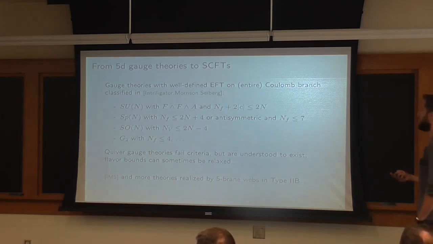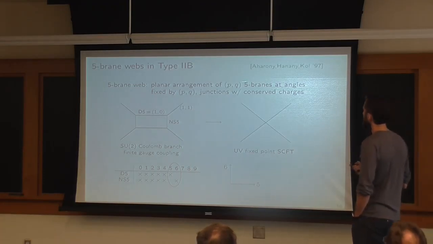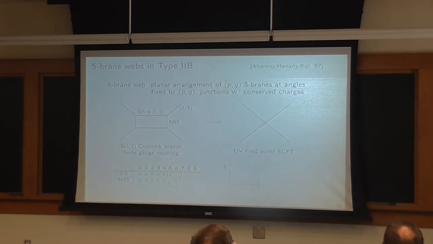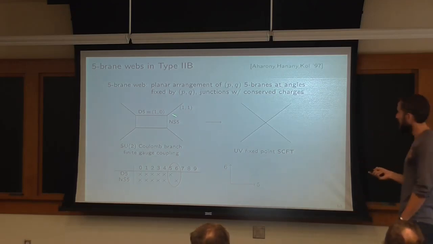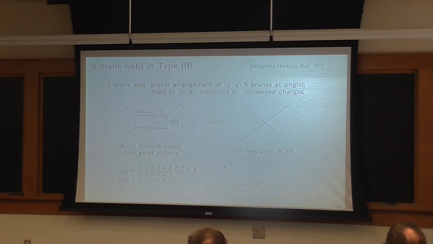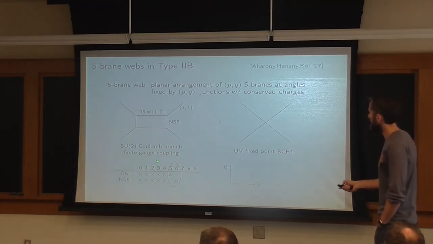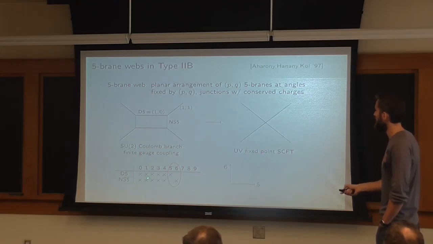How are these theories realized in string theory? And to that end, let me introduce 5-brane webs. So the idea is we have (p,q) 5-branes in Type IIB string theory. They're labeled by a pair of charges. My conventions are (1,0) is a D5, and (0,1) is an NS5. And we want to look at an arrangement of these 6-dimensional objects in a way where all of them share 5 out of their 6 dimensions, and have the remaining dimension in a common plane,